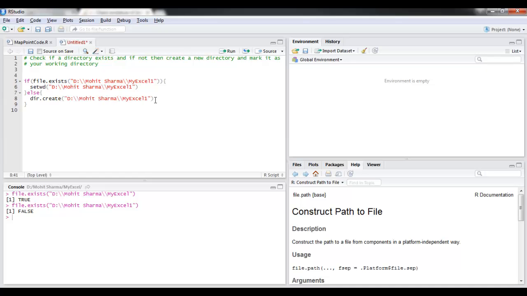I have that directory name here, and once I have created this, I will then set it as my working directory. And after this function, we will check again whether that folder exists or not. So I'm again gonna do this.